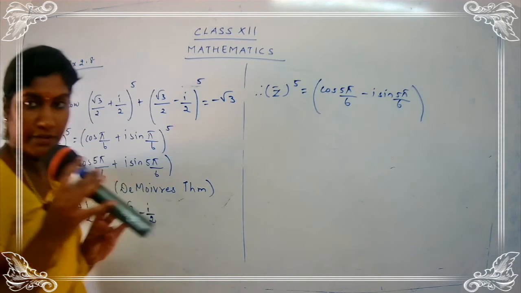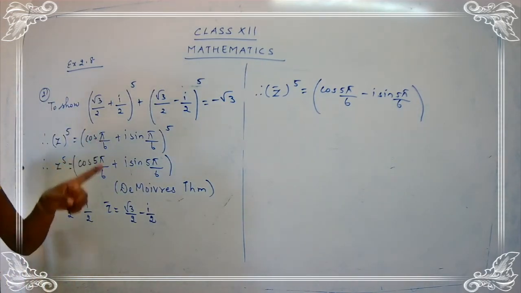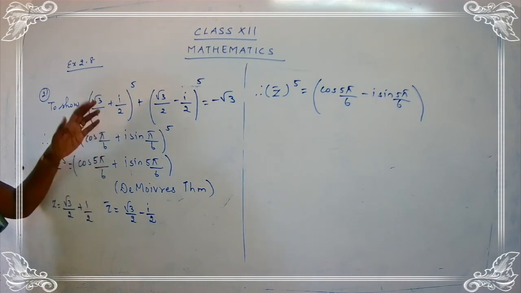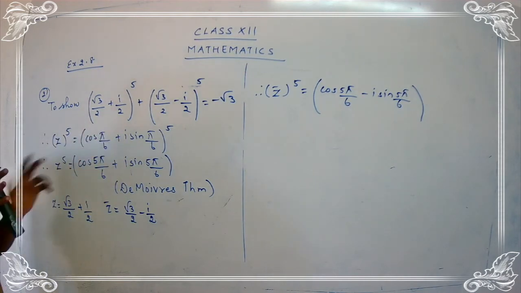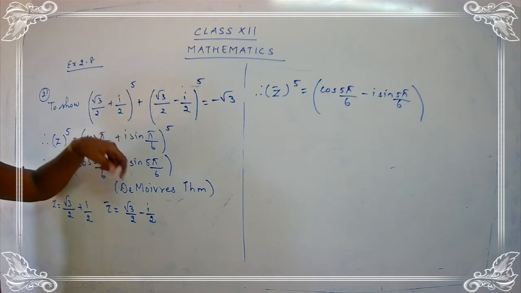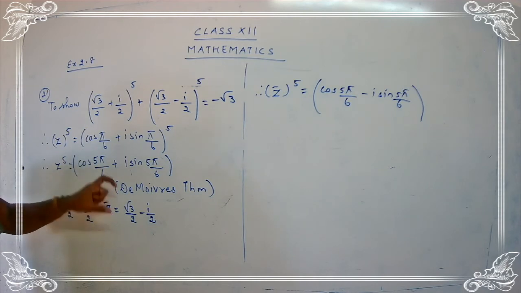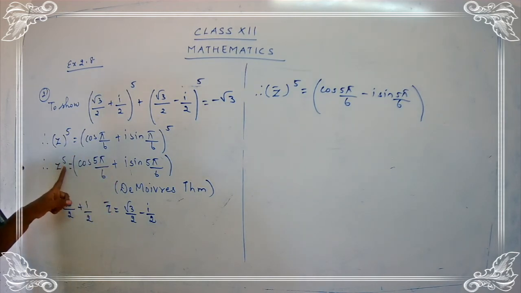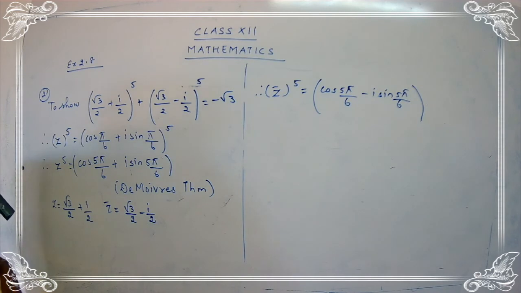That's all. Are you clear with the answer? Because you can just solve and you will see the same answer. But here there is no need to do it, because we have already shown the steps for the first part. So similarly we can write down the answer for the second part. The first part we have considered as z, and we are going to consider the second part as z bar, and you apply a few changes to the first term. So z bar raised to the whole 5 will be cos 5 pi by 6, and in place of plus, you put a minus sign. That's all. So we have found the value for z bar also.